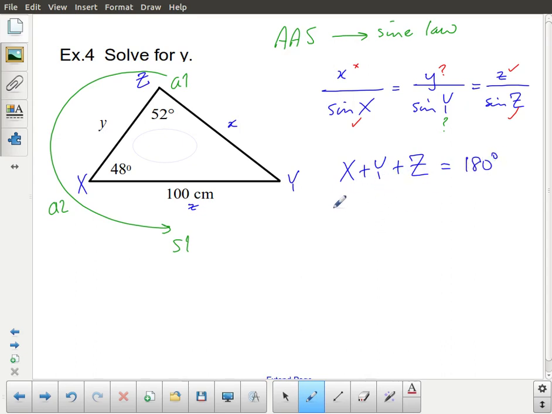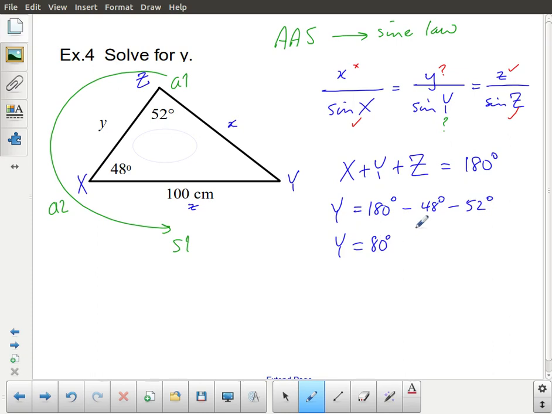So that means that the angle y must be equal to 180 degrees minus the angle x, which is 48 degrees, minus the angle z, which is 52 degrees. 48 and 52 actually add up to 100, so the angle y is 180 minus 100, which is equal to